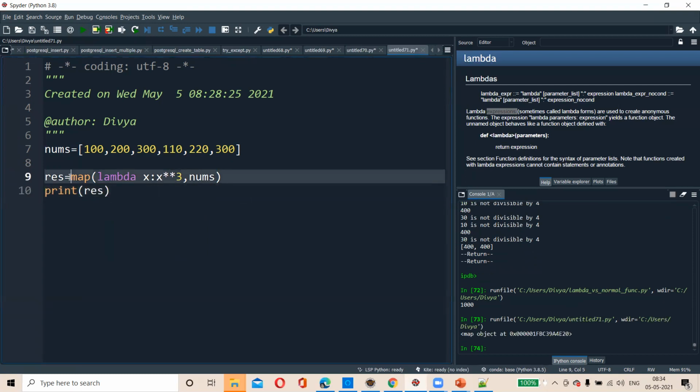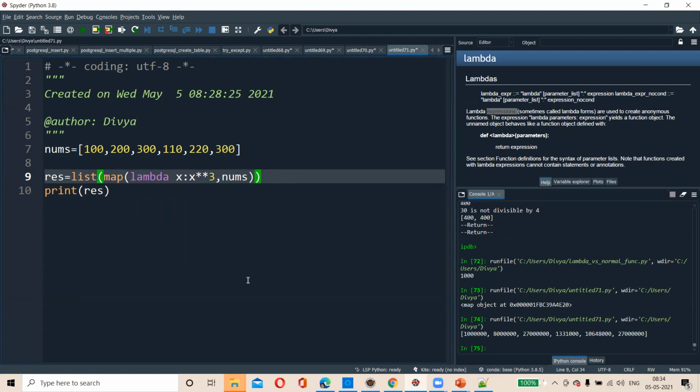In order to convert this object into a normal format, we can convert it to a list or a set, using the default functions we have. Now observe here. It is a list. For every value in the list, we need to apply the expression and push the result into an object. Every value I need to prepare and push into an object. That's where map comes in.